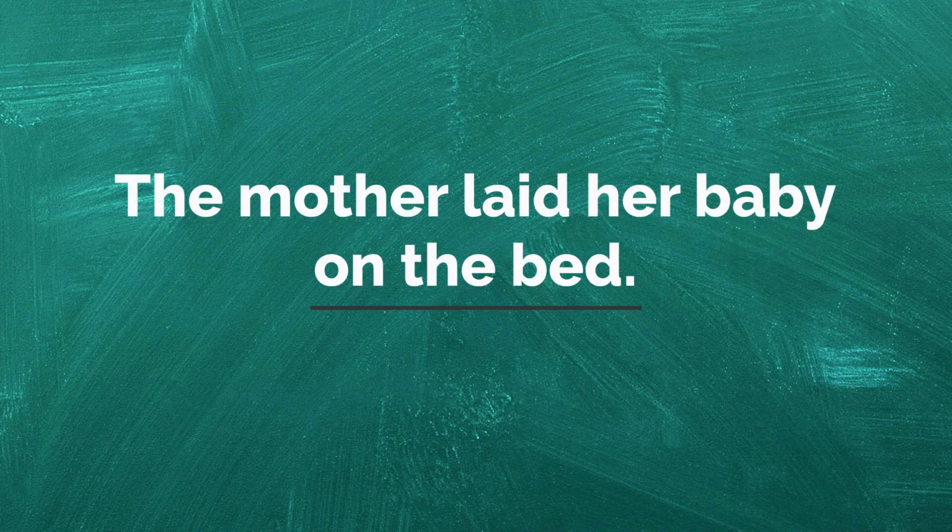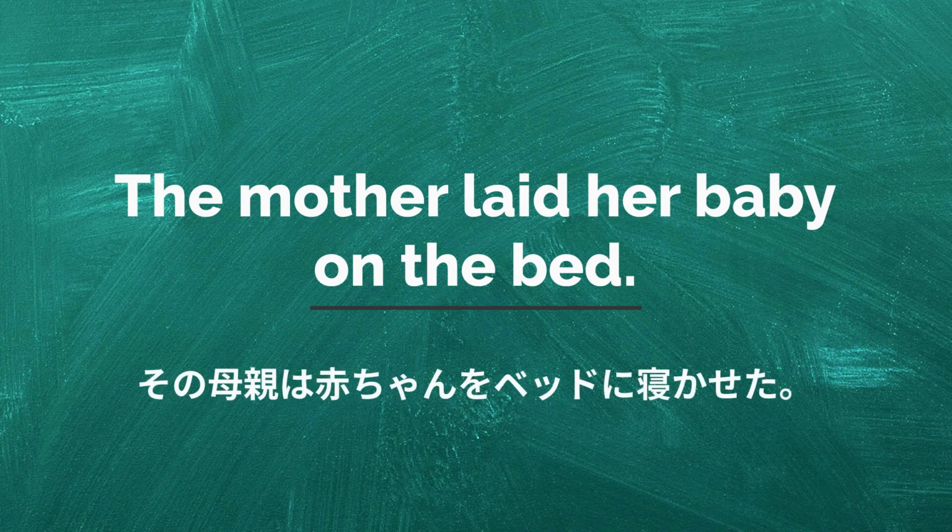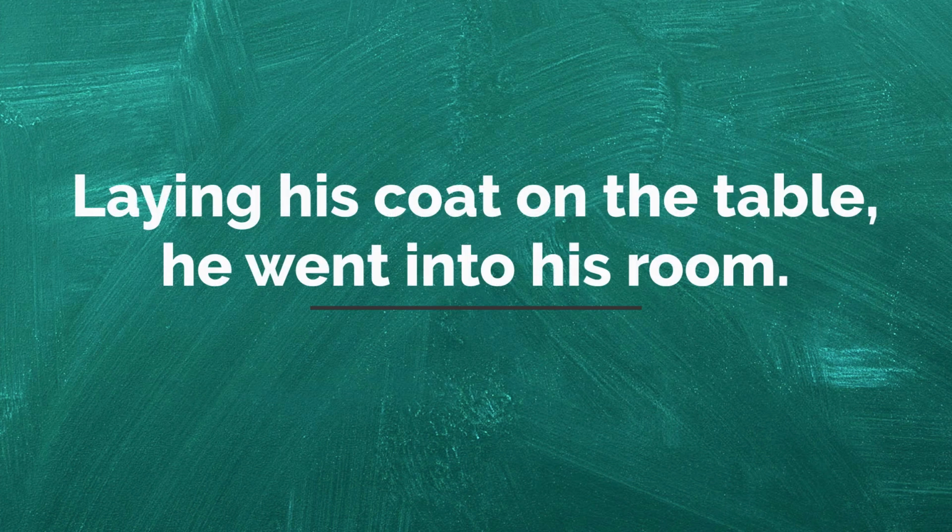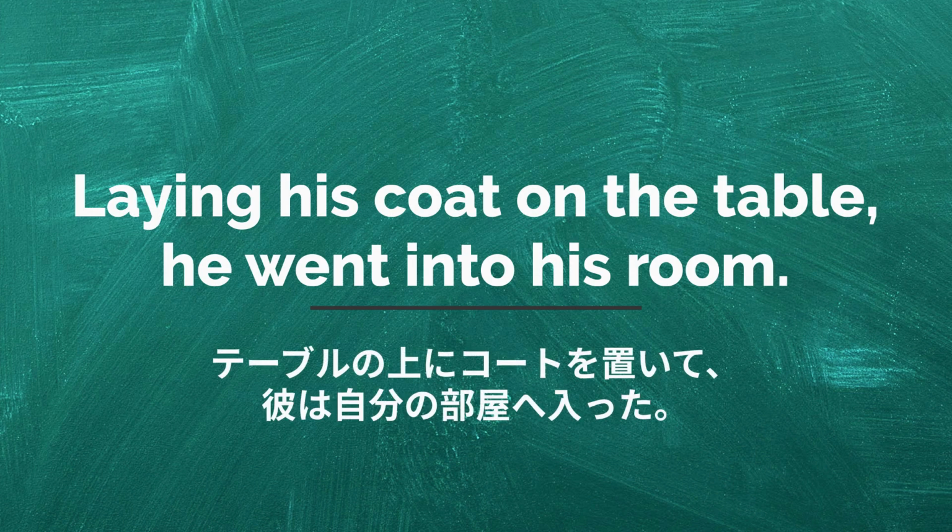The mother laid her baby on the bed. その母親は赤ちゃんをベッドに寝かせた。 Laying his coat on the table, he went into his room. テーブルの上にコートを置いて、彼は自分の部屋へ入った。